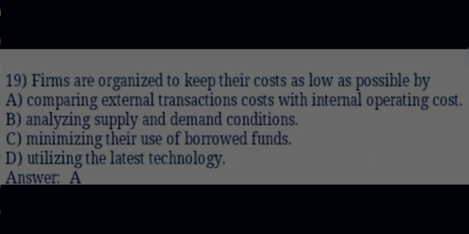Firms are organized to keep their costs as low as possible. The options were given: comparing external transaction costs with internal operating costs. B option was analyzing supply and demand conditions. C option was minimizing their use of borrowed funds, and D was utilizing the latest technology. The correct option to this question is obviously the first option, that is, comparing external transaction costs with internal operating costs. Okay,